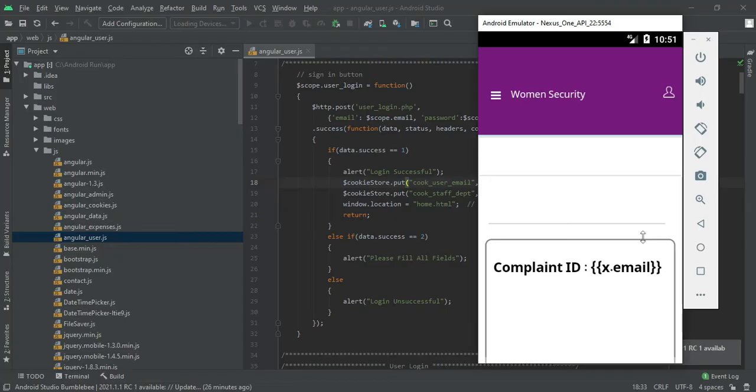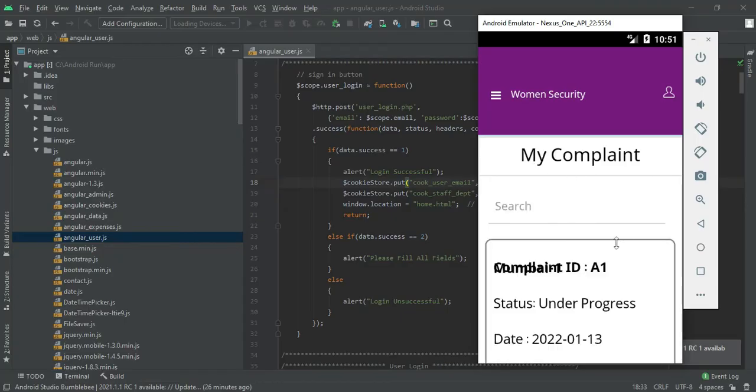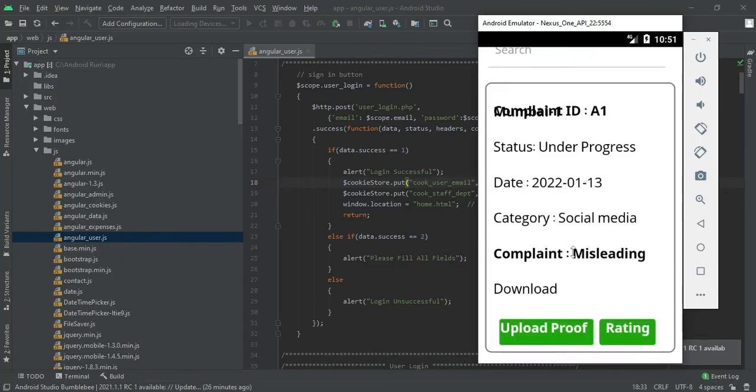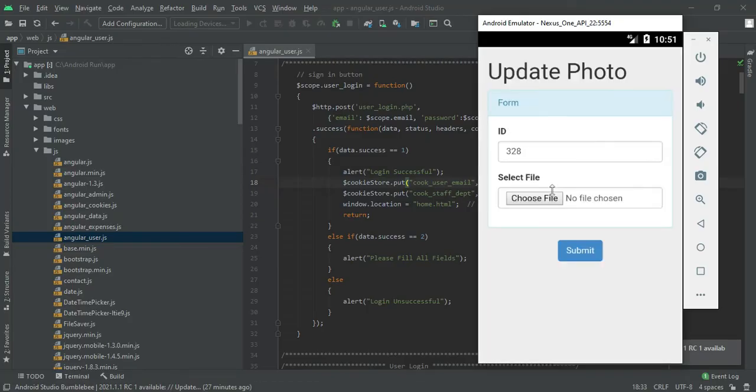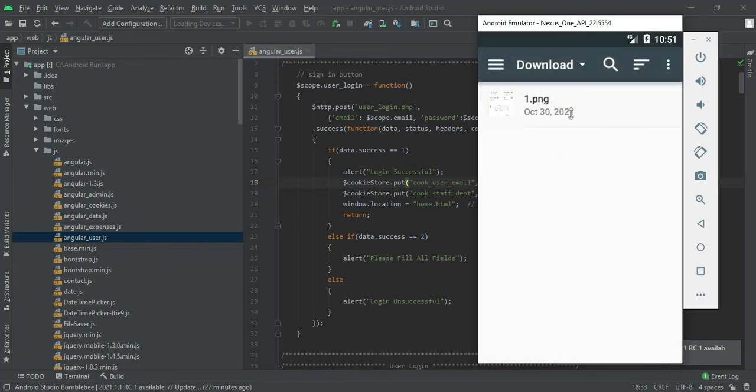You can manage the status in my complaint details. The status is under progress for today's date. If you want to upload any proof, it is optional, you can upload it in the upload proof option. I'm uploading the same image.